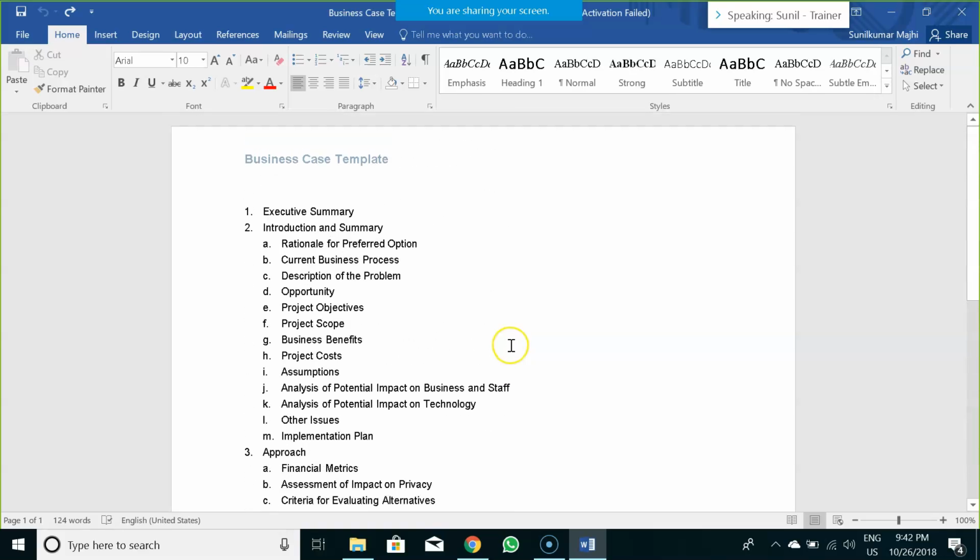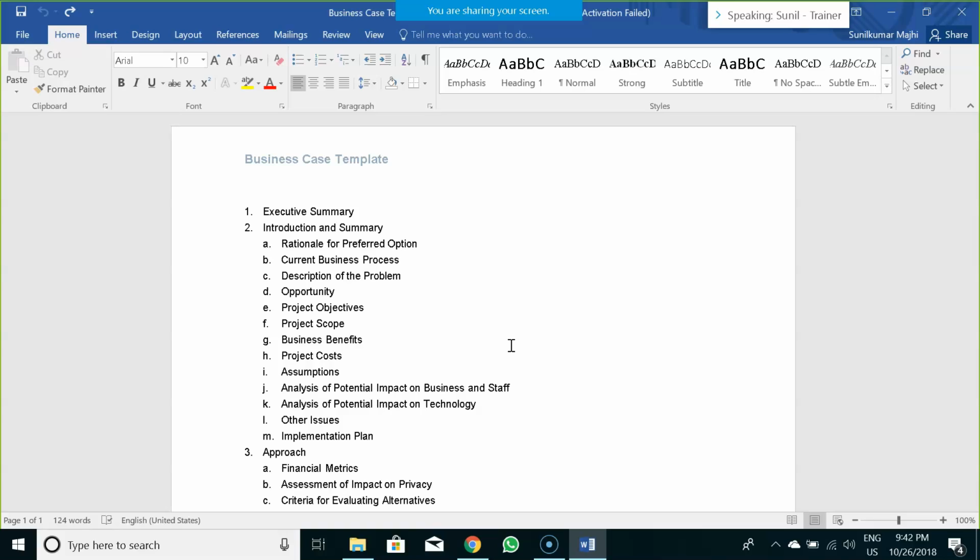It's not necessary that only in the project context you would be using a business case. There are multiple other scenarios as well wherein you have to justify your thoughts with the help of a business case. A very simple example could be, let's say you want to add some resources into the project. So resources are ultimately a cost to a project. Now you have to justify why you need additional resource on that project. What are the risks, what are the assumptions, what are the costs, what are the benefits. Then once your business case is approved, those resources would be onboarded into your respective project.